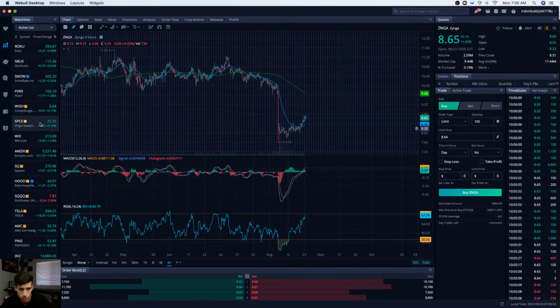See how they're doing. Space is still up 4%, Wix 1.5%, Amazon 1.5%. That's actually really good for Amazon today. Square 3%, Hood 3%,